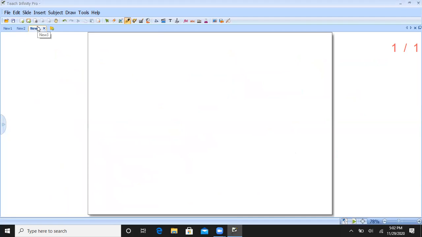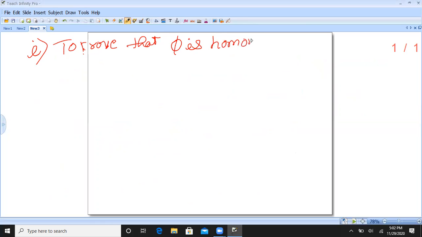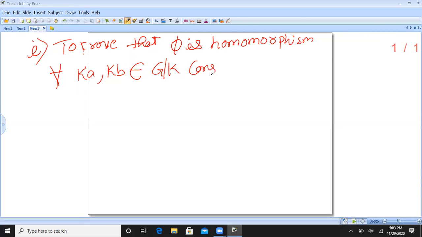So next we shall start with the first step: we have to prove that phi is a homomorphism. For that, take ka, kb belonging to G by K. Now we consider